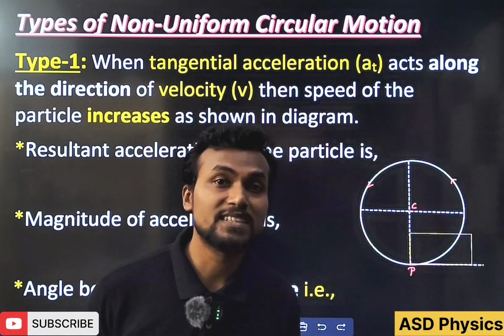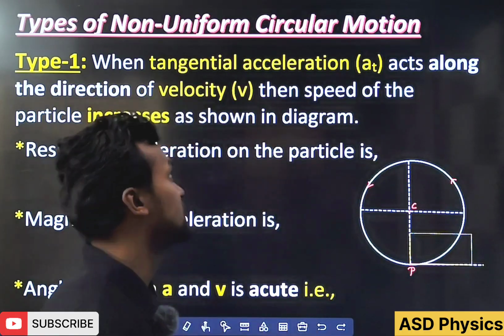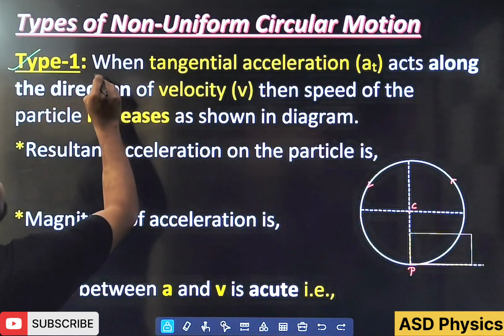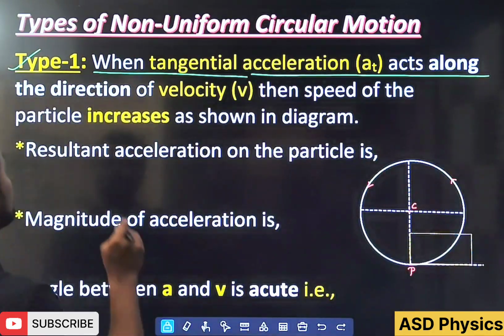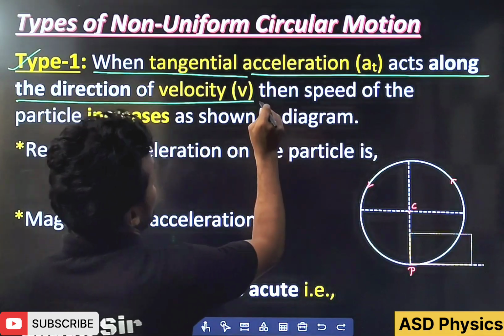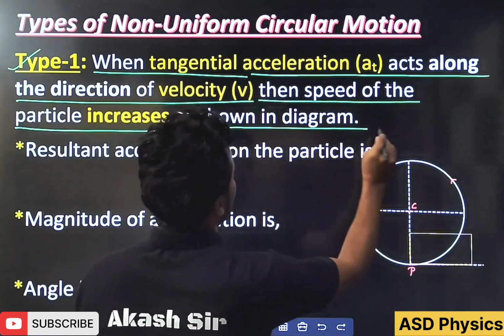How many types will we see? There are two types. In the first one, speed will increase. So see here, type 1. When tangential acceleration acts along the direction of velocity, then the speed of the particle increases as shown in